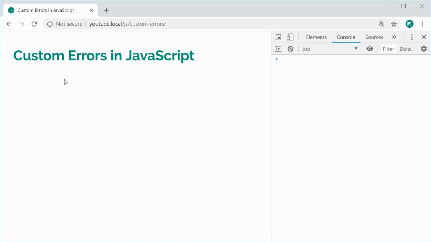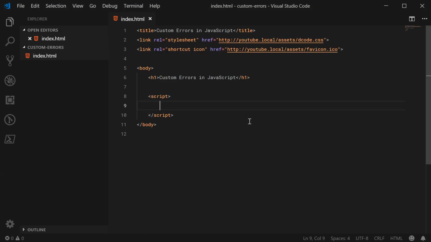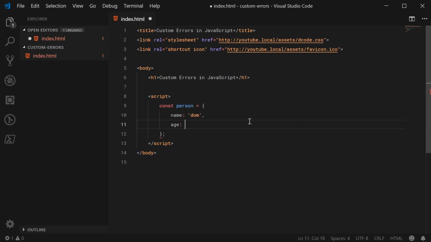Okay, so inside the text editor for this HTML file, it looks like this. Let's go ahead and make a new object which represents just a regular person. I'm going to make a new constant here called person, equal to just a standard person with a name of, let's just say Dom, and an age of, let's make Dom 27 years old. So we have this person right here, and we're going to pass this person into a function,